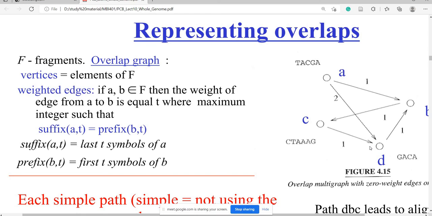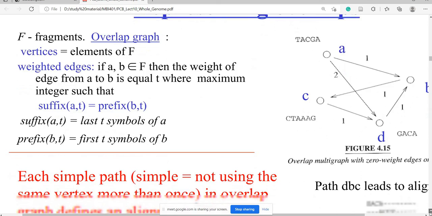Suffix A of T means the last T symbols of A. Prefix B of T means the first T symbols of B. First you have to do the exercise, then you will understand. We have to find out whether A and B belong to F, and only then can we make the consensus sequence.